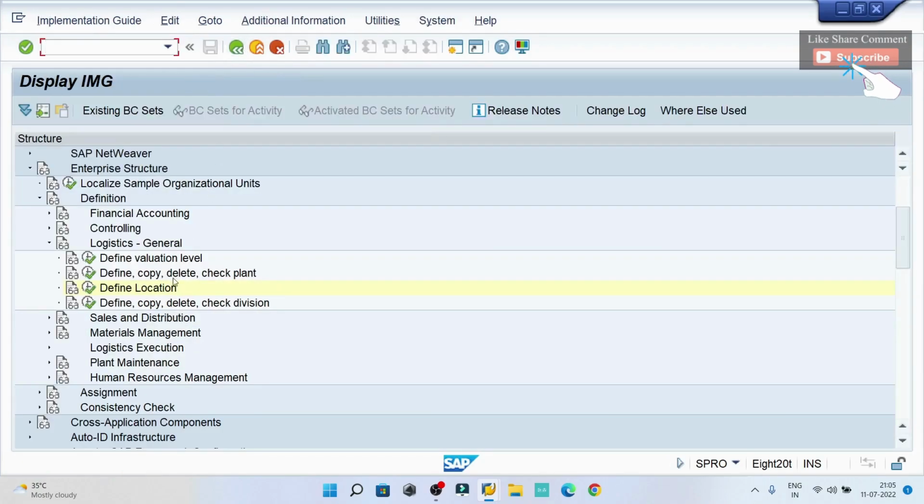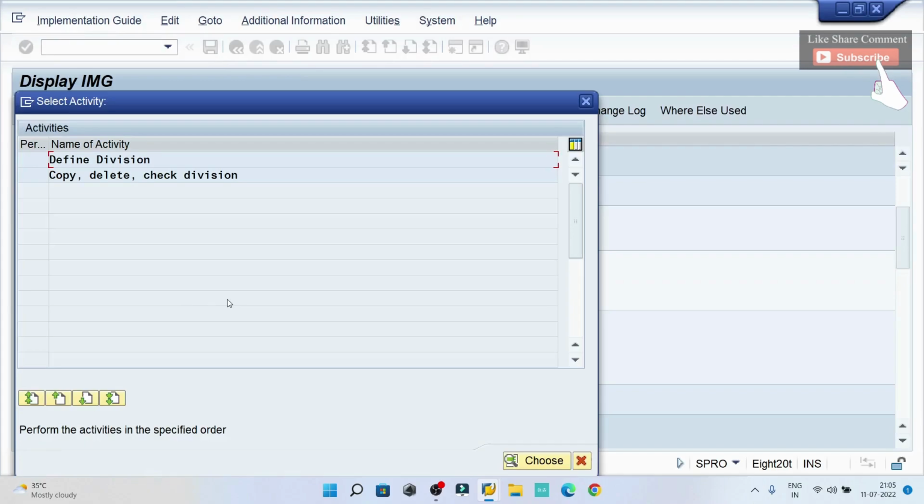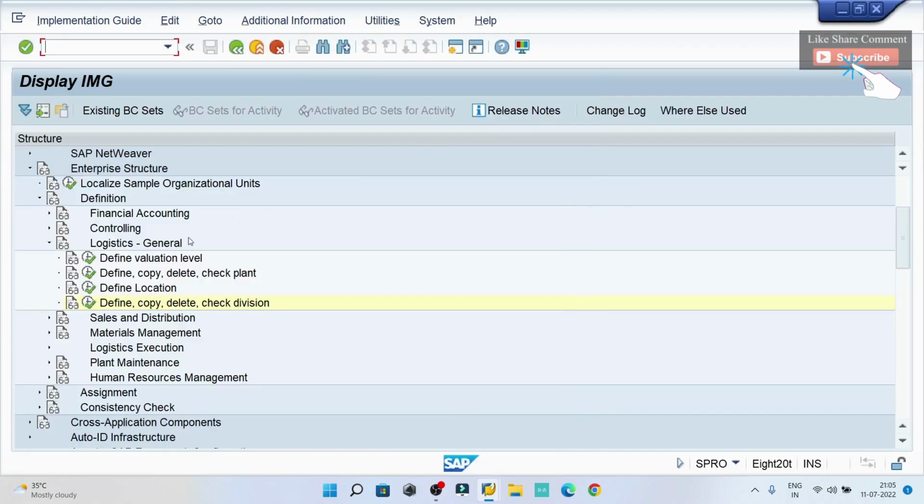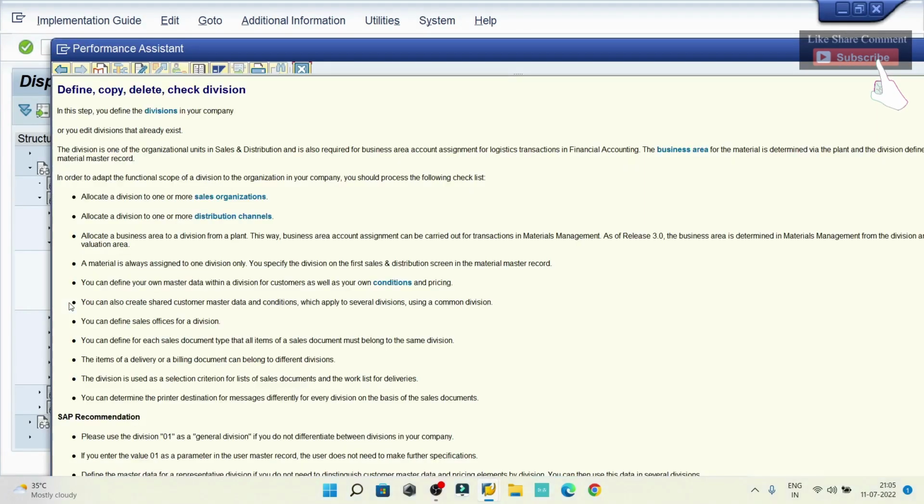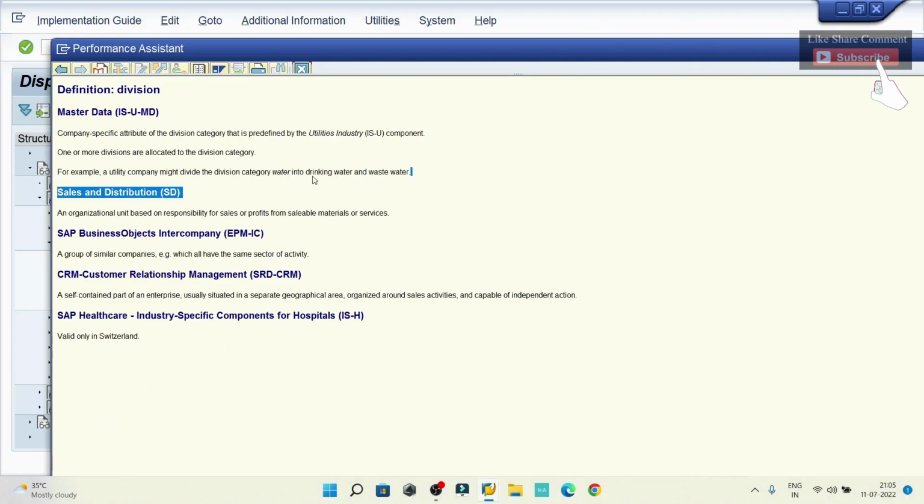If I go back, then the division. Let me give you the definition for division first. Again, I'm going to take help from the documents. Simply click here and read the highlighted one. For example, a utility company might divide the division category water into two parts. One is drinking water, another one is wastewater. So this is going to be my divisions within the